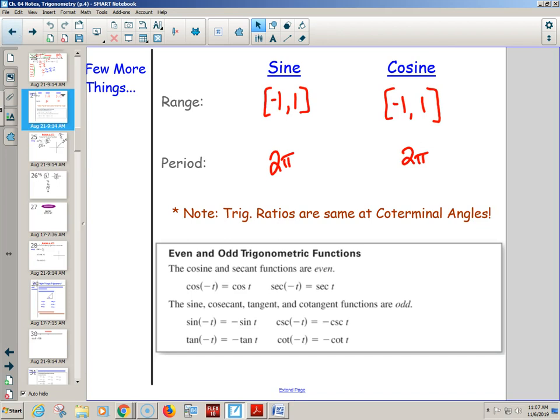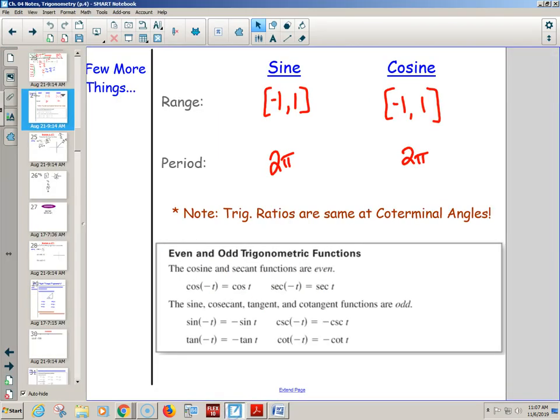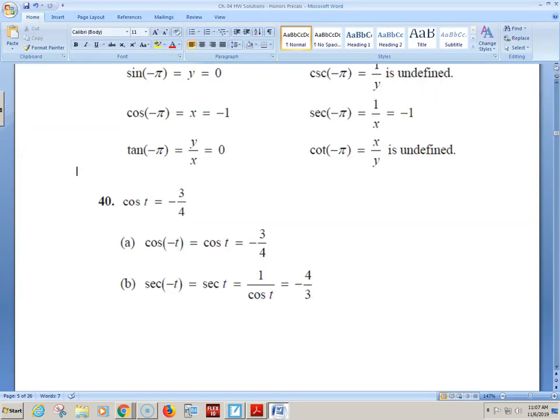Well, in your homework you have to match it up and say, okay, cosine goes with what? If I'm doing cosine of negatives or secant of negatives, where do they match up? The sine stays the same, so check it. The sine stayed the same. Wait, why is he flipped? Who's secant again? Cosine's